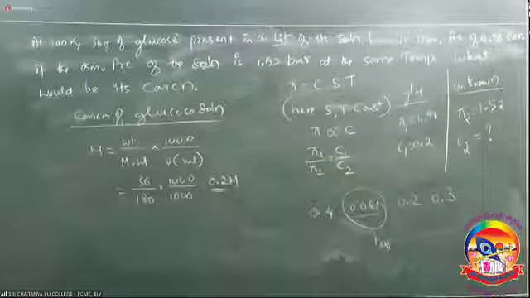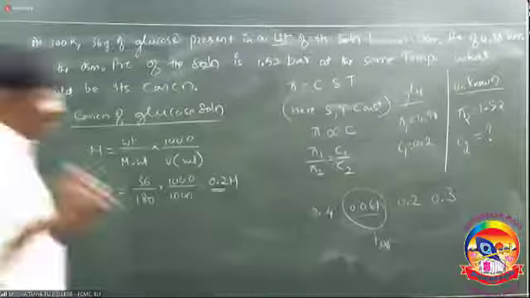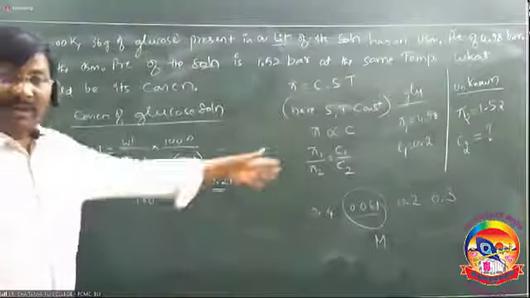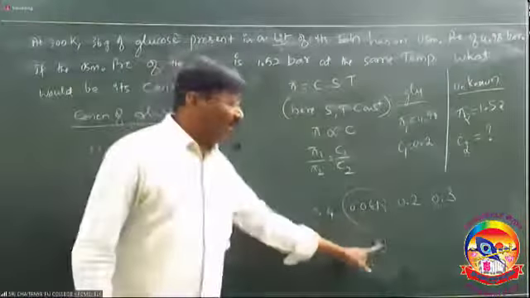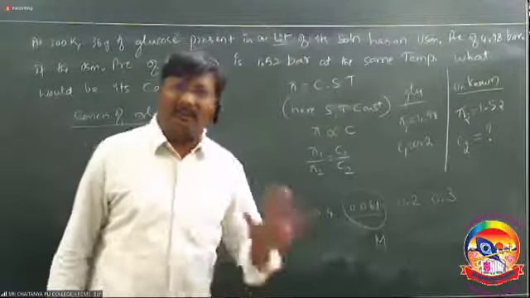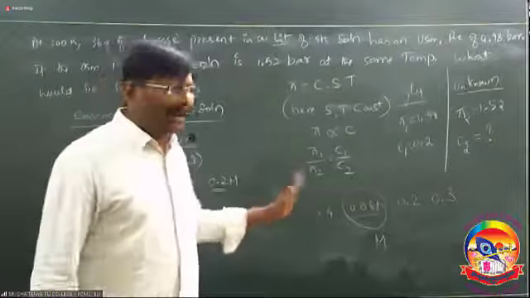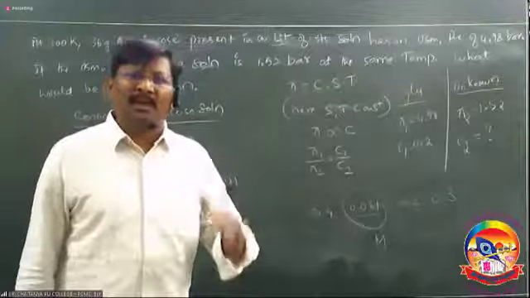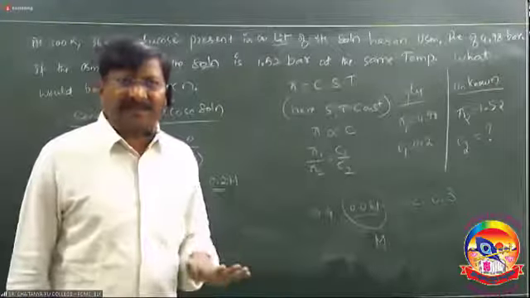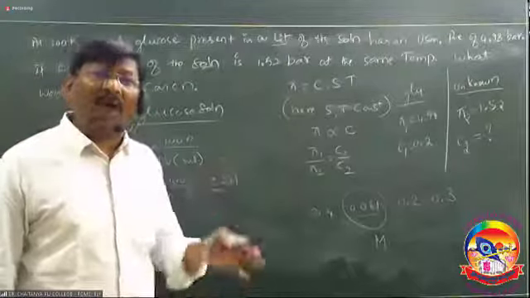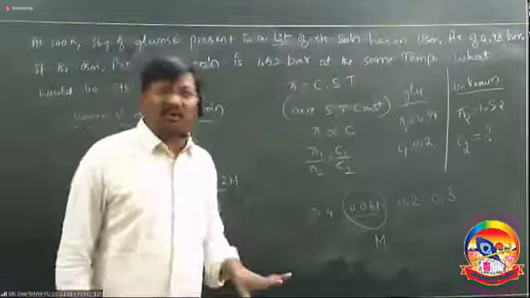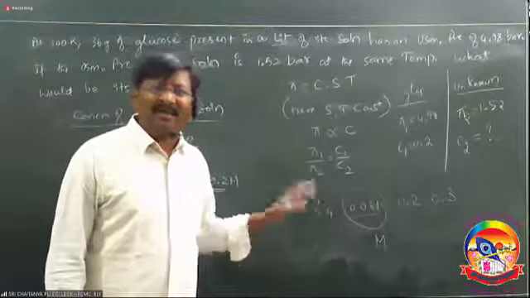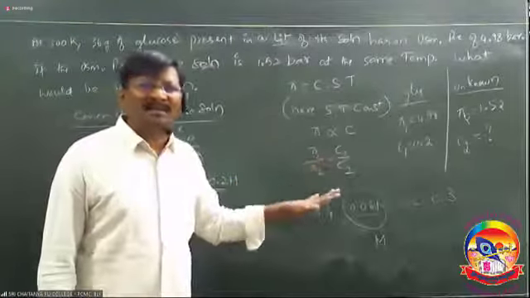Sorry, this is M, molarity. They are asking molarity, so 0.061 M, moles per liter. This is another problem in osmotic pressure. Actually, many other problems are there, and all those are in our textbook material also. But I have chosen only these, because in these problems abnormalities are not there.